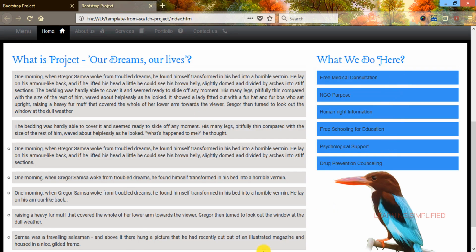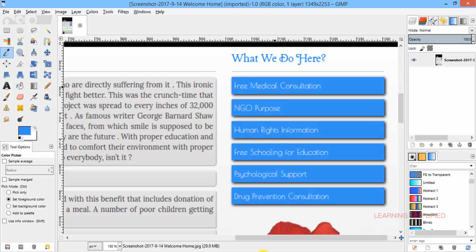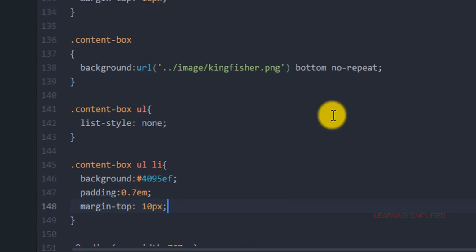And another thing, if we look into our template, we can see that here comes a border radius and there comes a box shadow over here. So we need to provide both these properties.